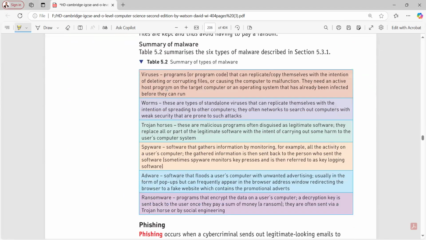So here is a short summary of all of the pointers that we have discussed.